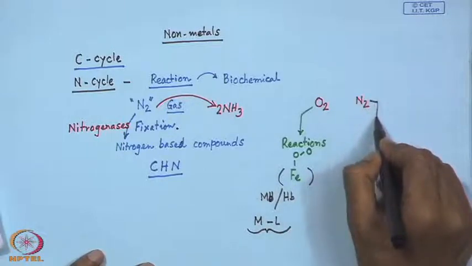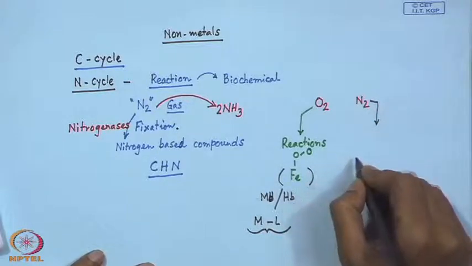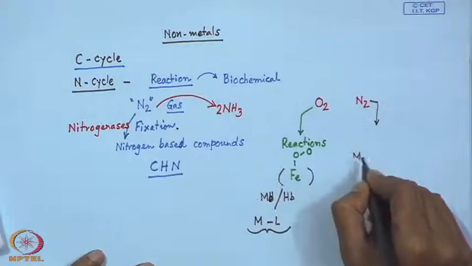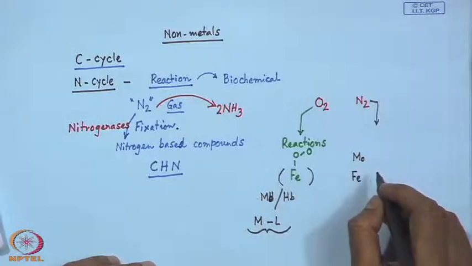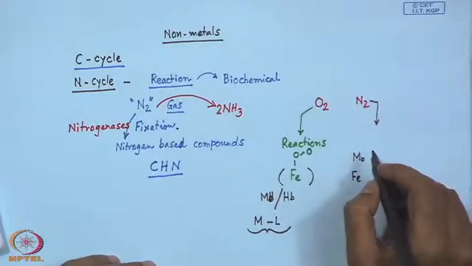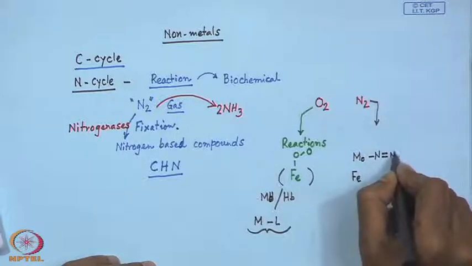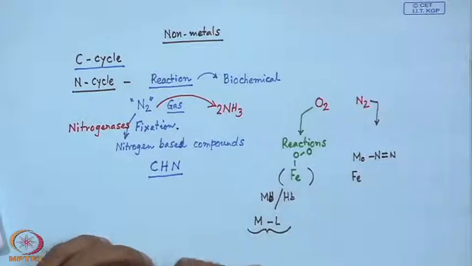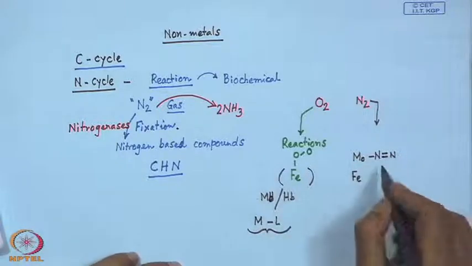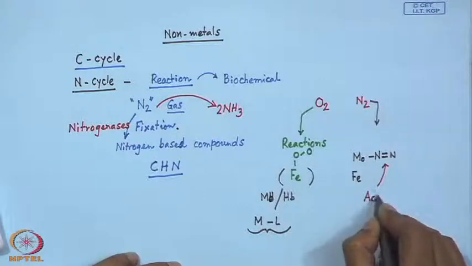So, in the same fashion, if we just consider the nitrogen, it can also interact with some metal center, say molybdenum or iron, which are the metallic part present in the nitrogenase molecule. So, if they can go for some kind of similar binding with that of the dinitrogen molecule, and if we can go for some reaction like that of our dioxygen molecule, that if we are able to activate the dinitrogen molecule.